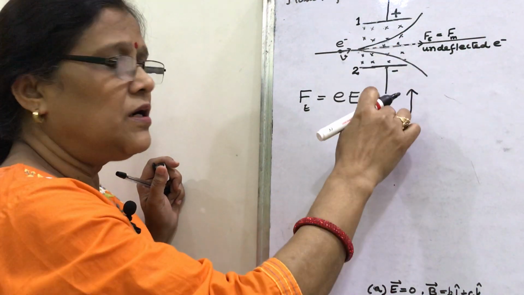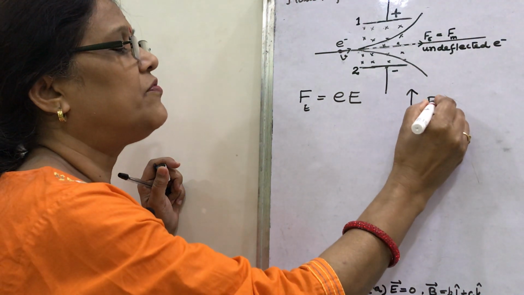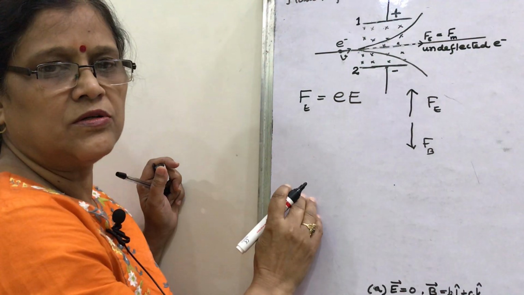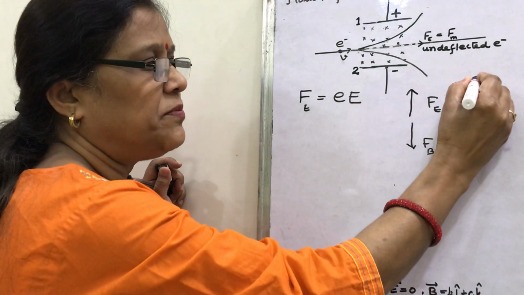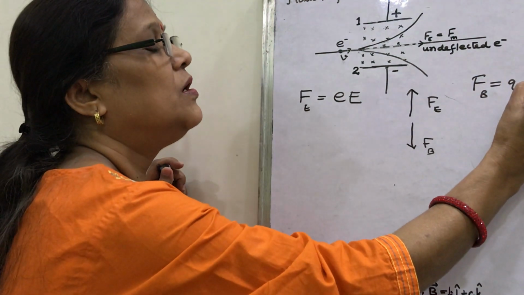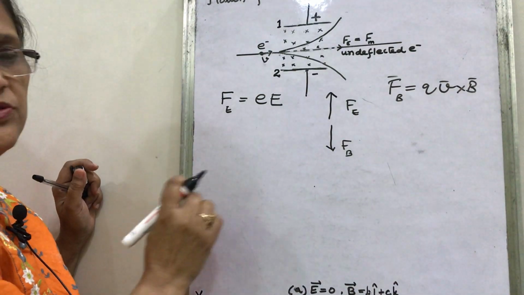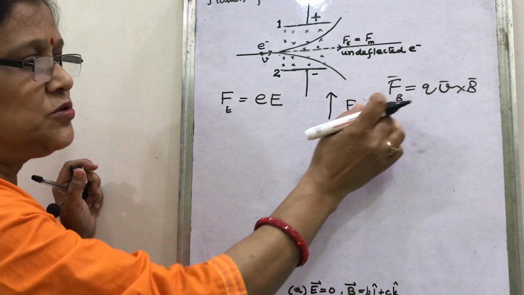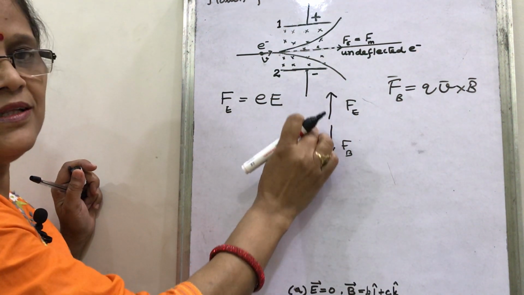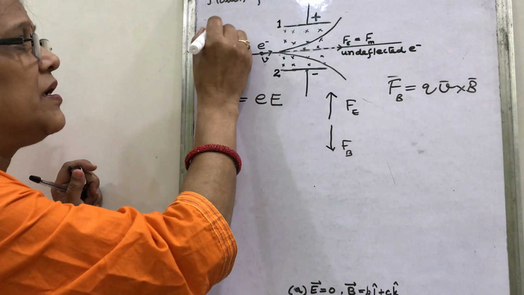And what the thumb direction you have seen, this was the thumb direction, this is Fe and this is Fb, the magnetic force. You know, the Lorentz force, the magnetic force, is given by Fb equal to QV cross B. This you have seen in the Lorentz force. So both these forces balance each other, so that we can adjust the electric field and magnetic field value